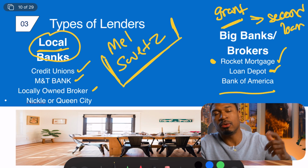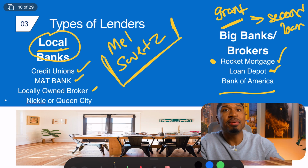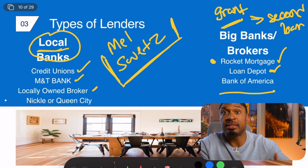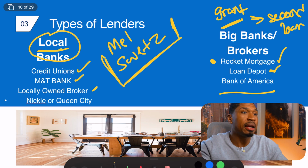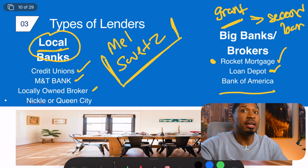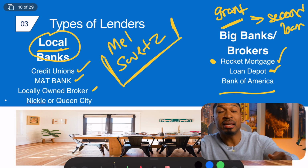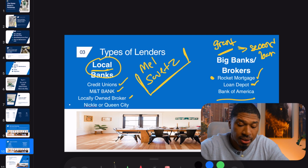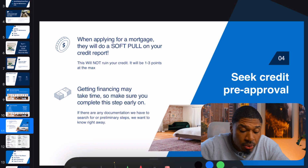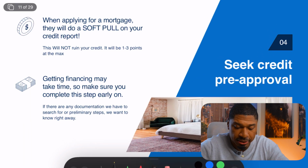Hey, mom and dad, well, it's not that easy, but hypothetically, hey, mom and dad, I need a couple thousand dollars to help me pay for my closing costs, to give me some gift money. They'll write a letter out saying, hey, I'm John Smith and Jane Smith, we're giving X, Y, and Z money towards your closing costs. And then they'll be able to send you the money that way. So think about that when it comes to your grant money and secondary loan options. And if you can get it, get some gift money. Now,